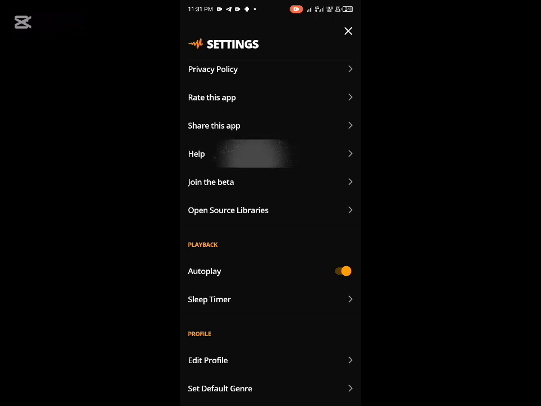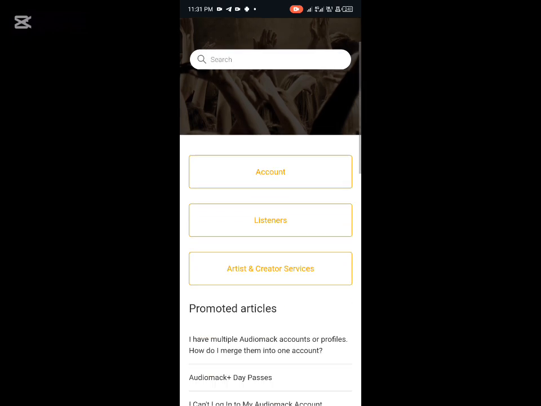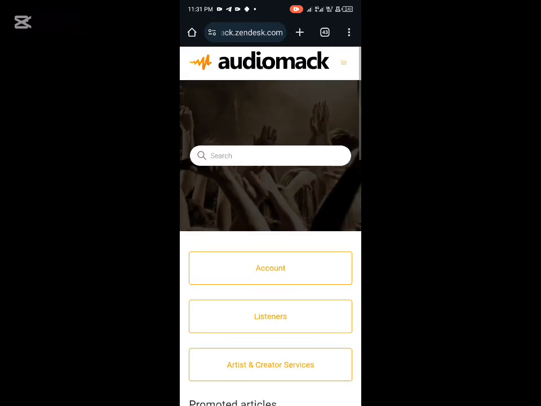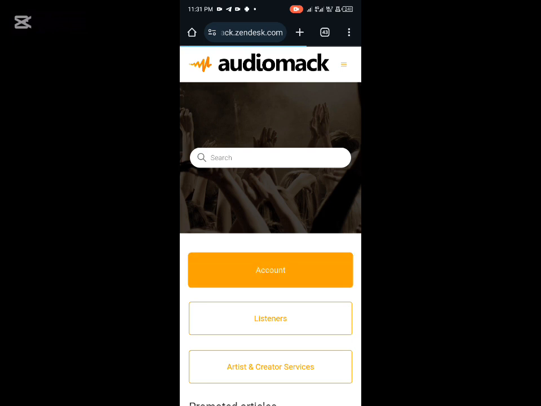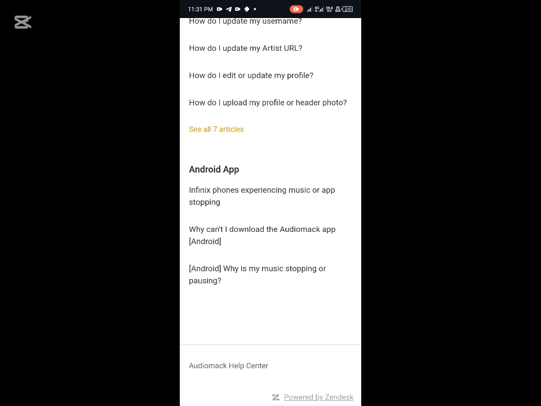So just click on the help there and then it will take you to the site, and you can get in contact with AudioMark. So this is the site. Fill up the articles and then